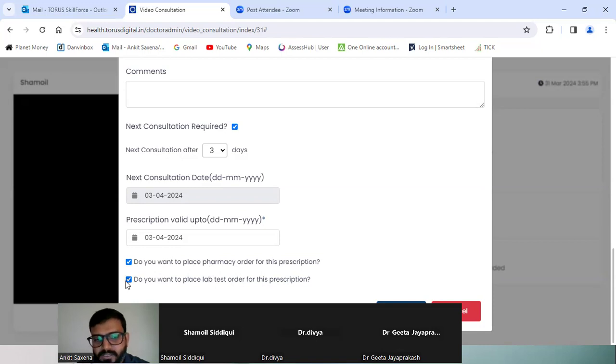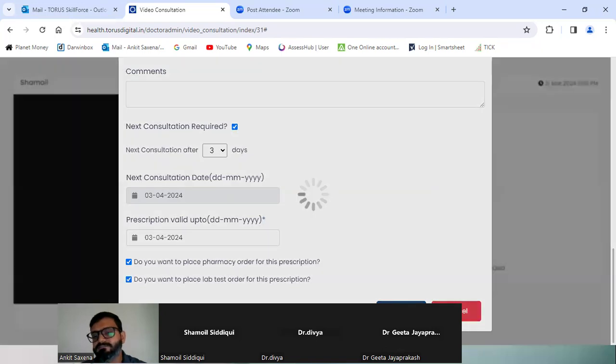Once you click these buttons and click on save, the backend team will get notified, will connect with the patient, and will place the orders from there. Okay, so once everything is done, you can simply click on save.